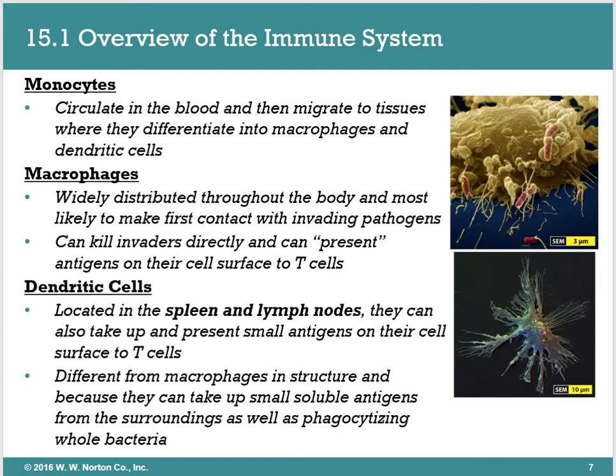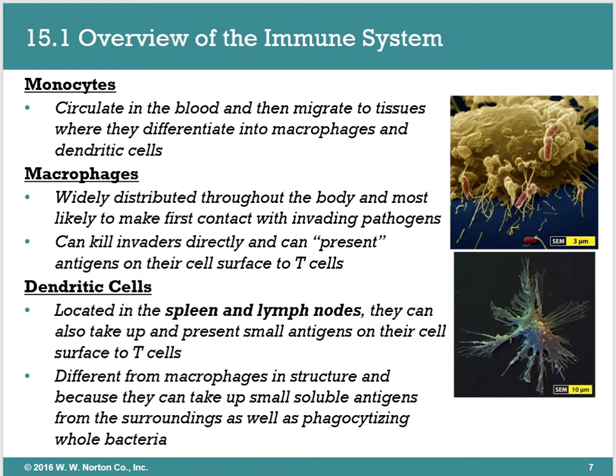And then we have dendritic cells, if a monocyte differentiates into a dendritic cell. These guys are solely located in the spleen and in the lymph nodes. What they do is very similar to macrophages, sort of. They do go around presenting antigens to T cells. So they do kind of the same function as macrophages, but they definitely differ in their